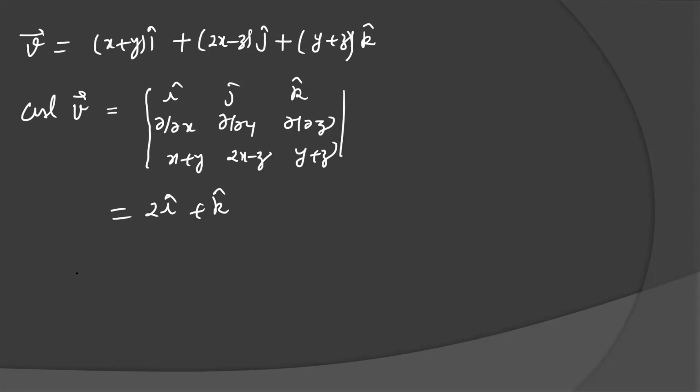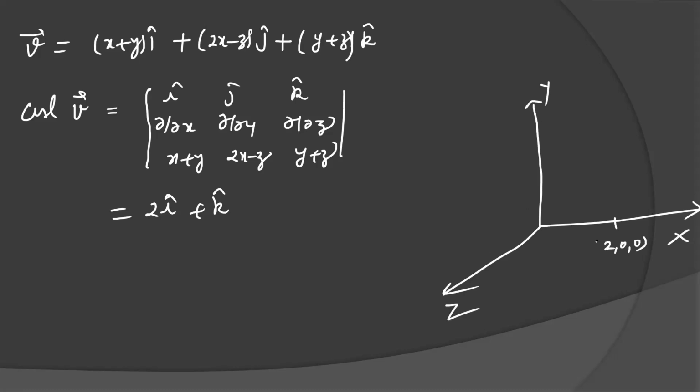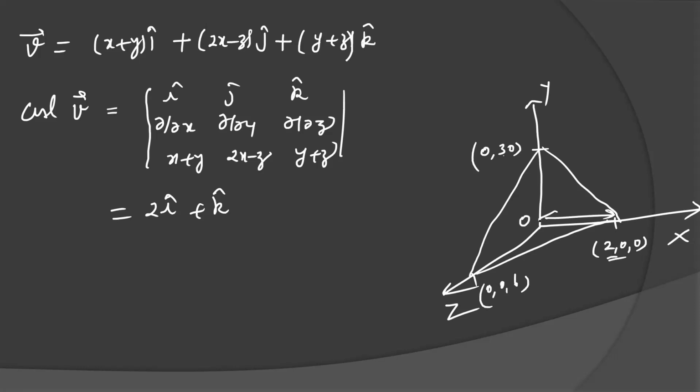Very good. Now, I'm not able to find the k cap and n cap here, so I will take the complete equation actually. If you see carefully in the three-dimensional picture, suppose this is x, y, this is z. The x coordinate is 2, 0, 0. It is 0, 3, 0. It is 0, 0, 6. So it is a plane actually in 3D. This is the equation of a plane, and it has intercepts on the x-axis of 2 units, y-axis 3 units, z-axis 6 units.